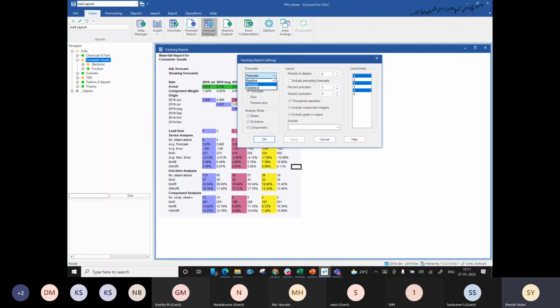So number one, we have an option to check this report, the waterfall report, for my forecast, or for my baseline, or for my statistical number. That's the option that I have over here. We have selected forecast because that's the final number that's coming up. But if you are also collaborating with your sales team or some of the other team members, you can look at the statistical one first and then the forecast, so that you can see whether your MAPE or your WMAPE is increasing or decreasing.